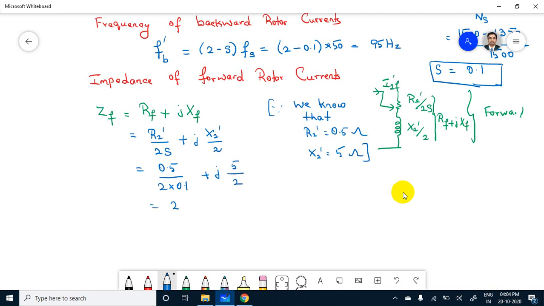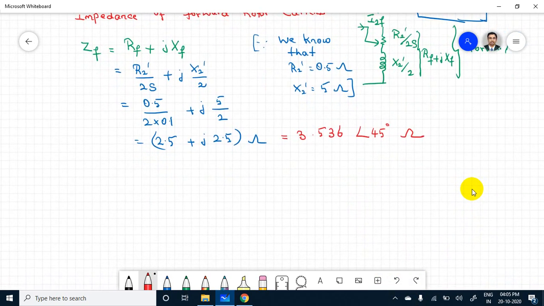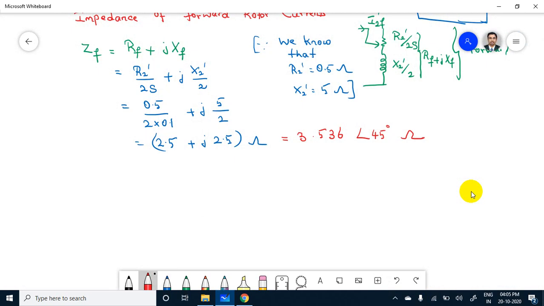We can get 2.5 plus j 2.5 ohms. If we represent in polar form, it is 3.536 angle 45 degree ohms. Okay,